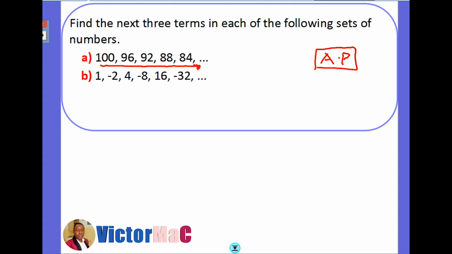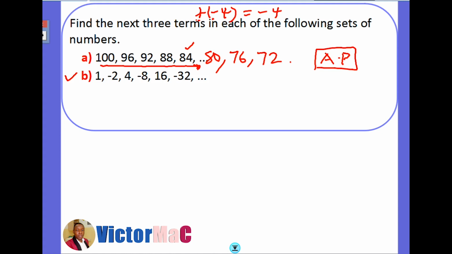So if I'm going to get the next three terms, I will subtract 4 from 84 here, or you use the word add minus 4. And when you say add minus 4, plus times minus gives us minus 4. Alright, so let's subtract 4 from 84, we have 80. Subtract 4 from 80, we have 76. Subtract 4 from 76, we're going to have 72. Okay, the next one,